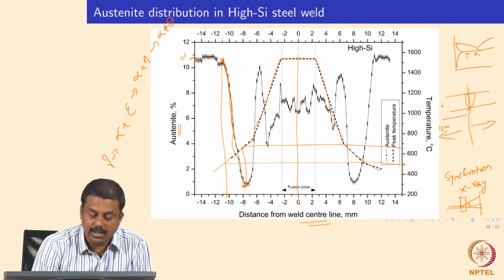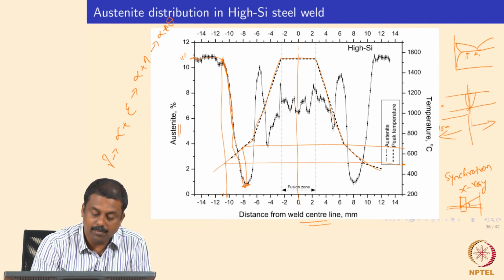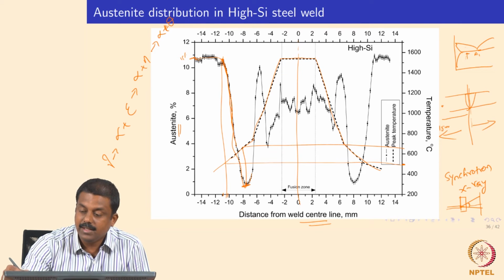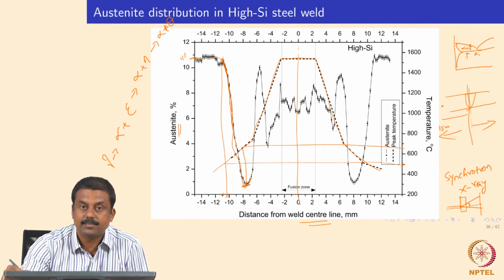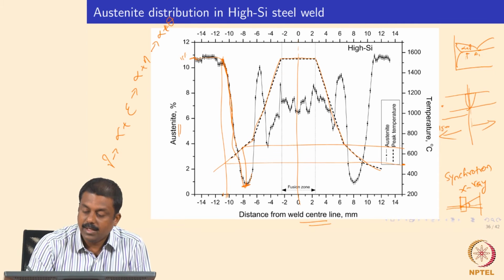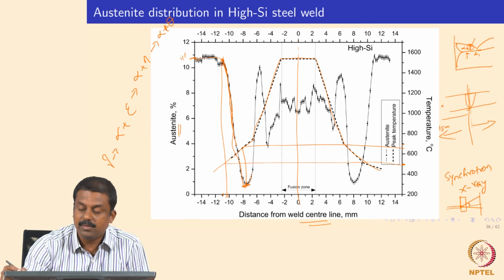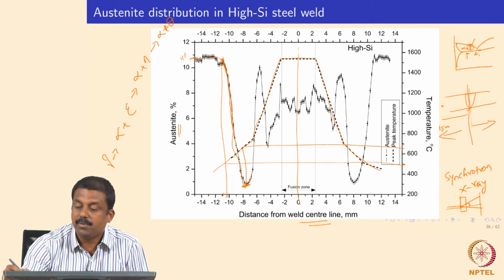The austenite fraction decreases to close to 0%, and then if you move further close to the fusion zone, the austenite fraction starts to increase. That means that we are reaching the intercritical temperature region. The peak temperature during welding goes above, say in this case, 700 degrees centigrade. That means that you are nucleating new austenite. Okay, you are reaching the intercritical temperature region. So then what happened? The moment your temperature reaches the intercritical region, there will be local partitioning of carbon, right.